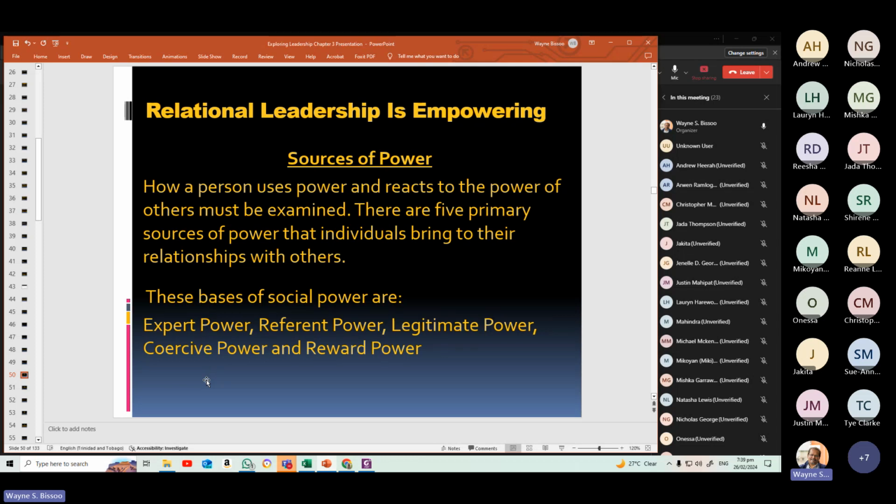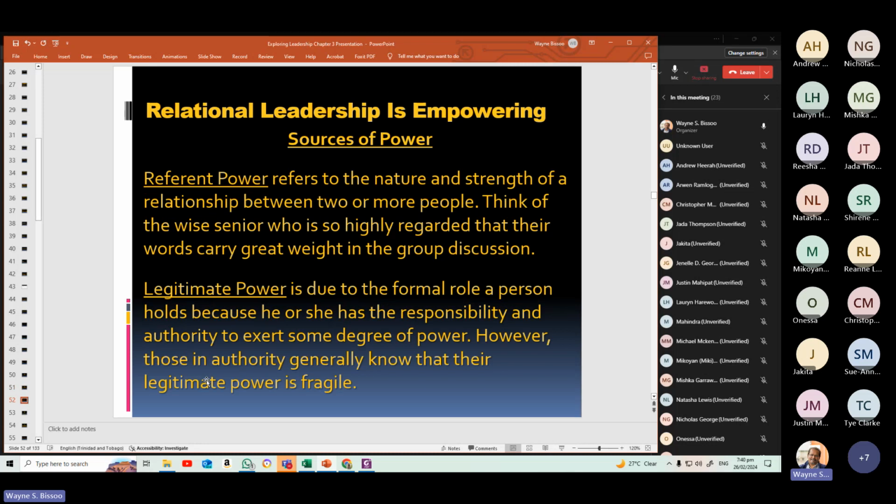Reward power is the opposite of that, which is, again, in your legitimate position as the leader of the organization, you can reward people for doing good jobs, or the coercive side of that would be to remove or deny a reward. So reward power is more the motivational approach to things in terms of power. Coercive is the punishment area. So again, using those types of powers, however, can be dangerous because you can find yourself getting